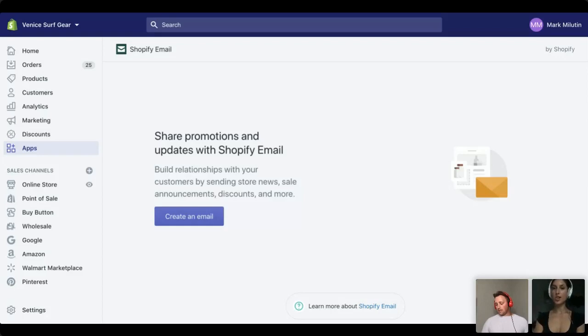So yeah, with that being said, another great thing about Shopify Email too is they actually have a Gleam integration. We talked about a couple of sweepstakes tools a minute ago, and you can actually run Gleam sweepstakes on gleam.io and integrate directly with Shopify as well. So what we're going to do now is walk you through how you can actually build your first